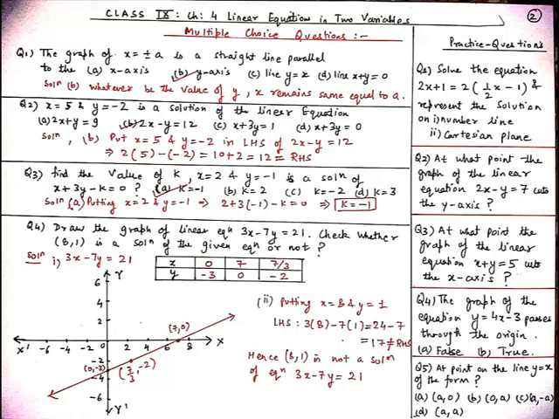Our second question for today is: x equal to 5 and y equal to minus 2 is a solution of the linear equation A, 2x plus y equal to 9; B, 2x minus y equal to 12; C, x plus 3y equal to 1; D, x plus 3y equal to 0. Now in this question, we put the values x equal to 5 and y equal to minus 2 in the left hand side of the given linear equations, and if it satisfies the right hand side, then that will be our linear equation. Here we will put x equal to 5 and y equal to minus 2 in the left hand side of the equation present in option number B.